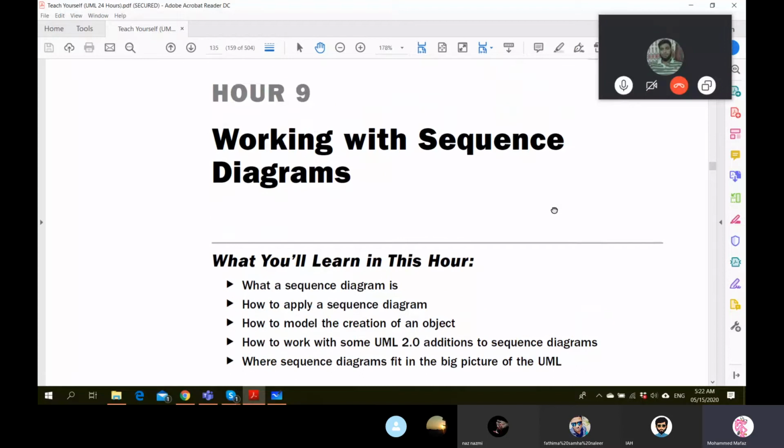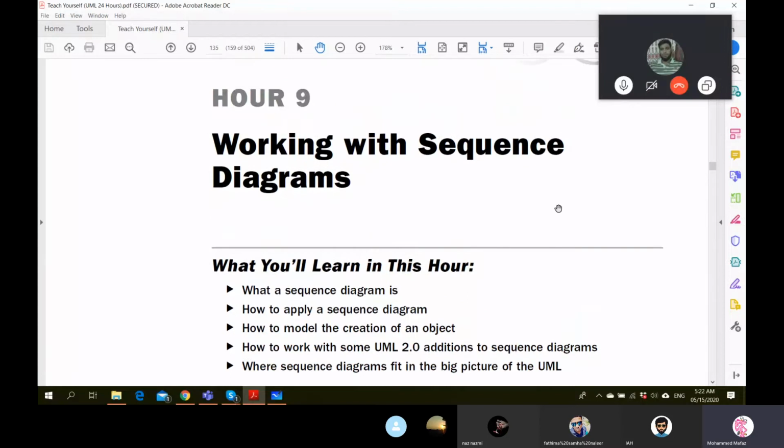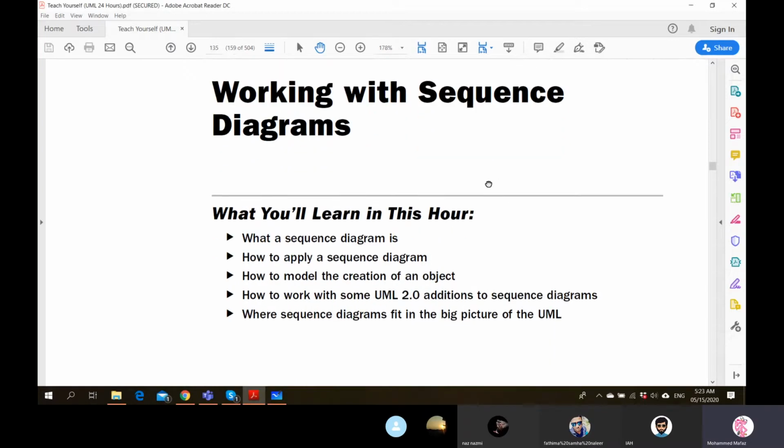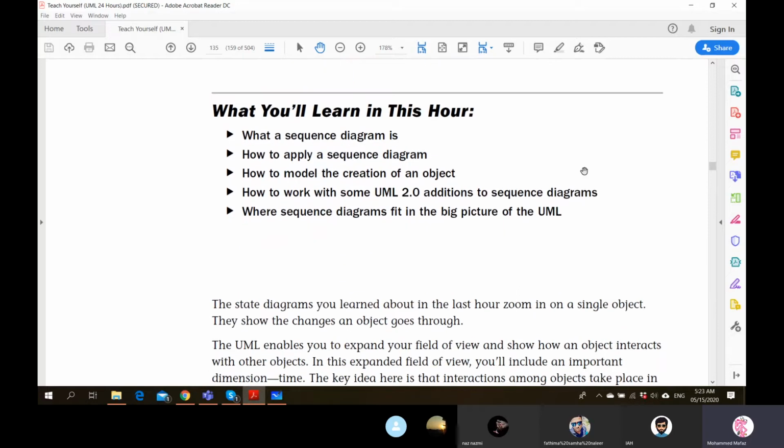Okay guys, so today we're going to learn about sequence diagram. I will again refer back to this book, Teach Yourself UML in 24 Hours, because it has a much simpler explanation than what you can see from the UCSC slides. So I'll follow with this. Again, I'm going to do only part of it today. The remaining part I will break into two sessions, because we have a lot of content to cover.